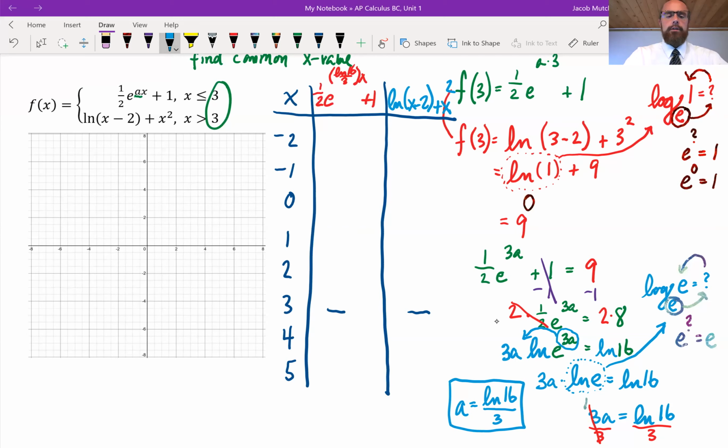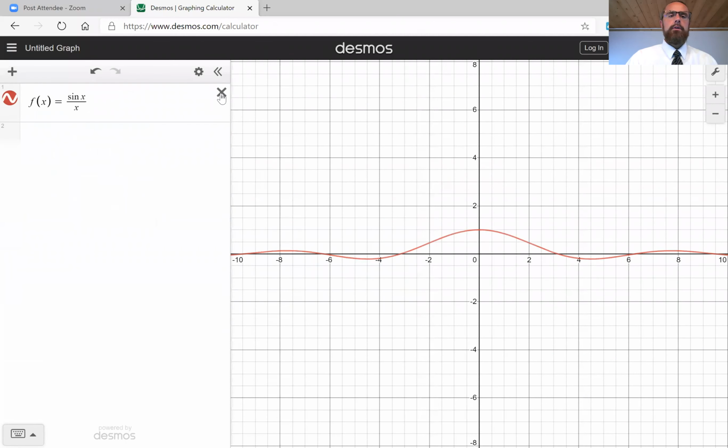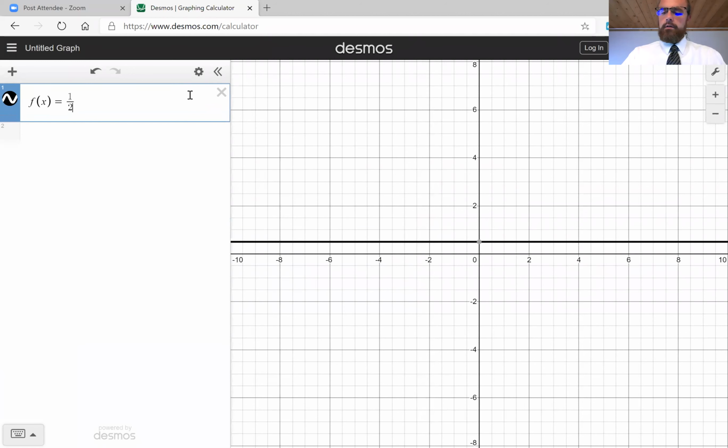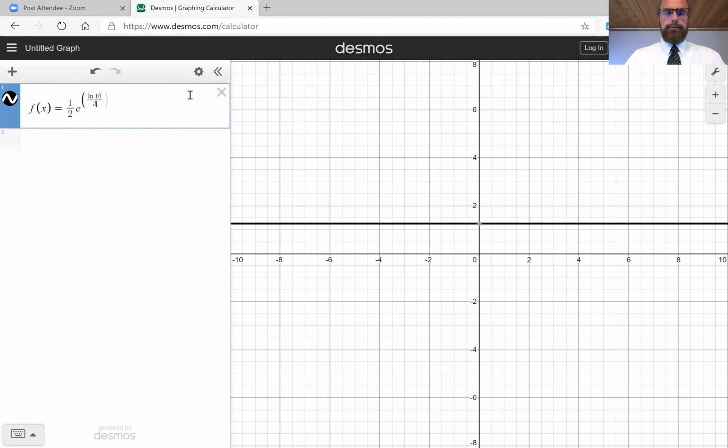So let's head over to Desmos, and what we'll do is create that table there, and then we'll recreate it here on our notes screen. So let's clear out this older function, and I'm going to type in those two that we had just written. So f of x equals 1/2 base e to the power of, parentheses, natural log of 16 over 3